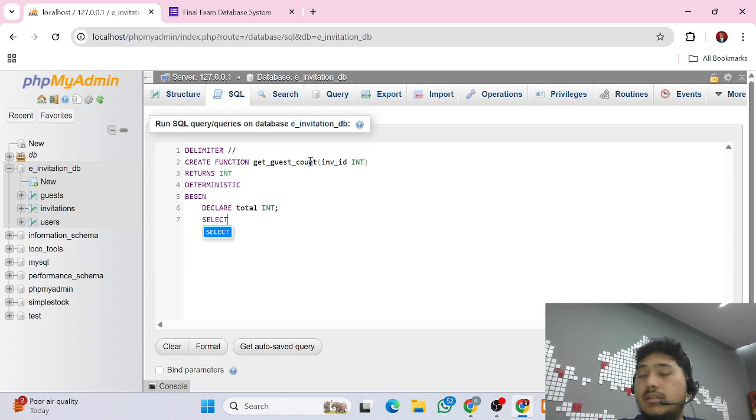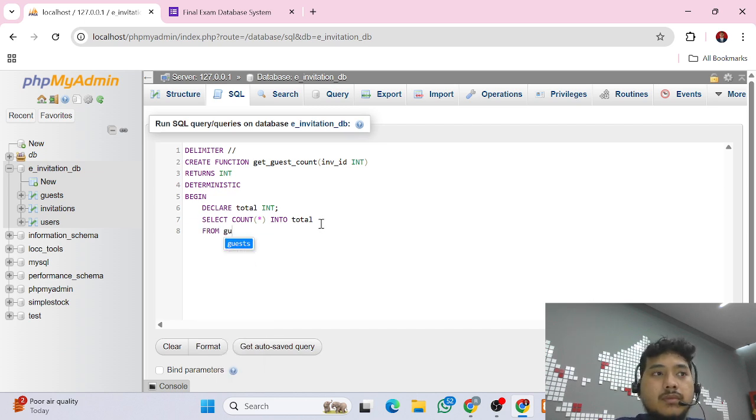Select count into total. I'm really sorry if I look down, I look down to focus on my task, because I do this when I work, so I must pay attention to my work too.